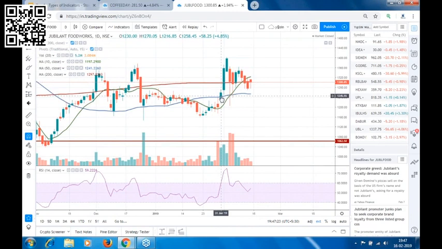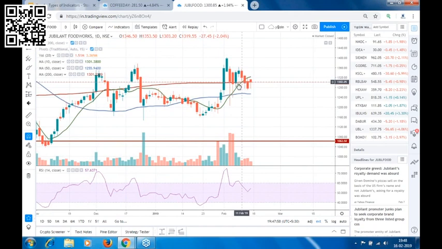Say if we take entry about 1270, then your target should be around 1300. Say it's only 30 points target because there is 200 period moving average. Though it crossed this moving average, the momentum was good in the stock, so it crossed this 200 period moving average also and made a high of 1402. But we need to look at the conditions where there is no big hurdle at the top when we are taking an entry in the stock. No big resistance should be there